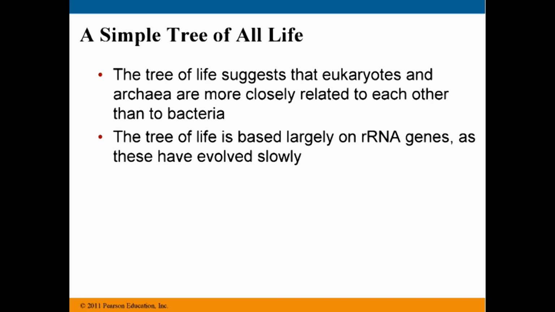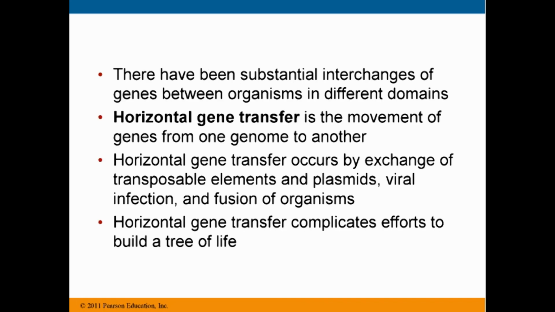So the tree of life that we just saw is based pretty much on ribosomal RNA genes, because these have evolved the slowest over time. We've got issues because there's been a lot of interchanging of genes between organisms in different domains. We call this interchanging horizontal gene transfer. So this is the movement of genes from one genome to another. And this horizontal gene transfer, and we'll talk about this a little bit more with